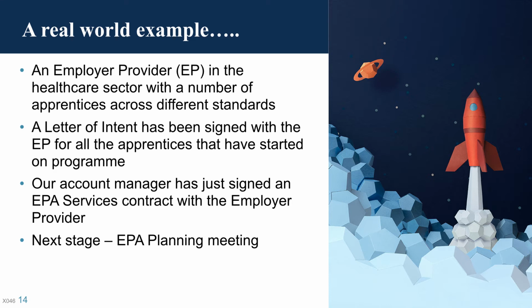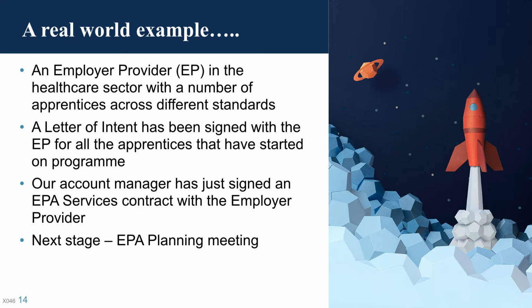So the situation, I'll just briefly highlight, is that a letter of intent has been signed with the employer provider for all of the apprentices that have started on program. And our account manager, the Pearson account manager, has just signed an EPA Services contract with the employer provider as well. So the next stage after we've signed the contract, as I mentioned, would be to set up an EPA